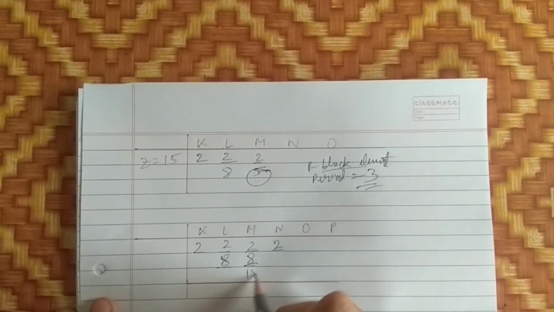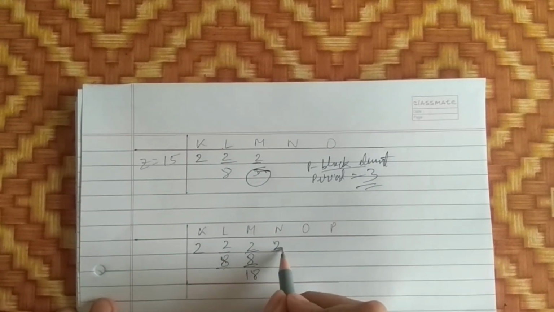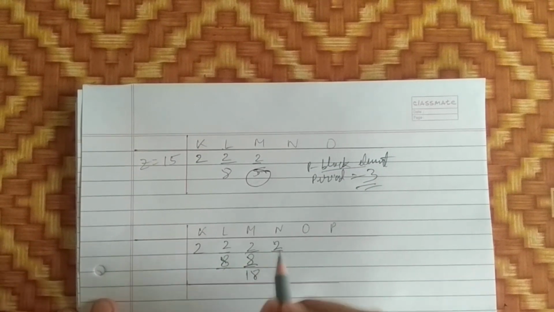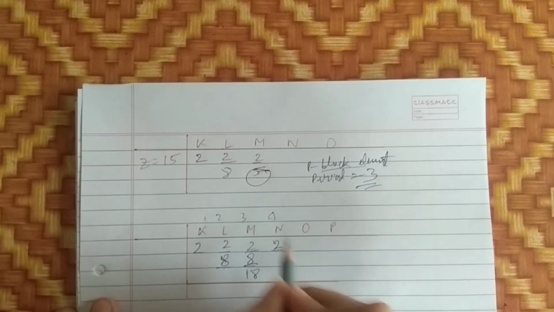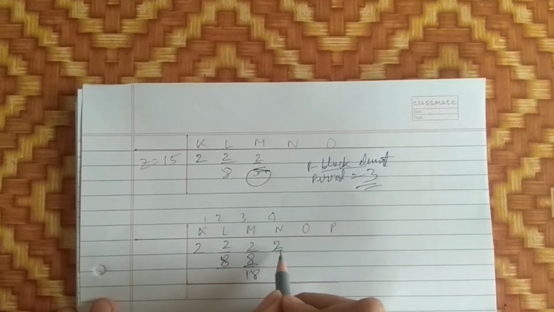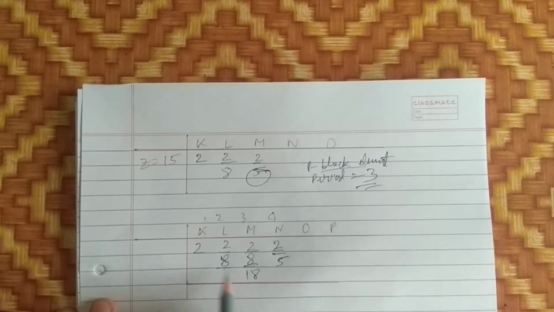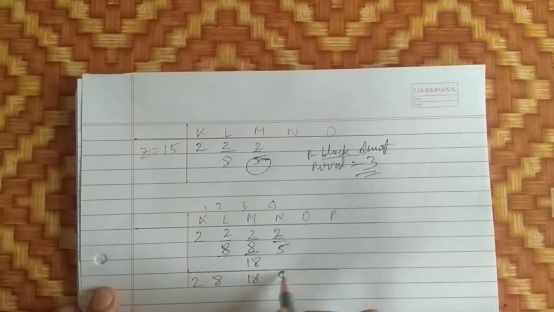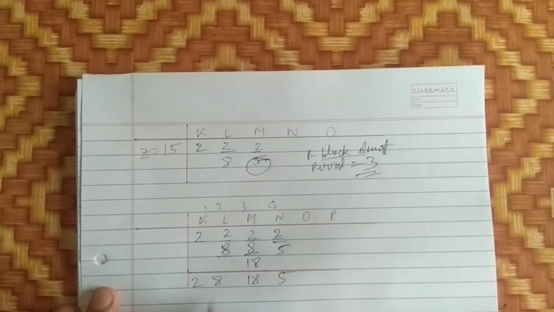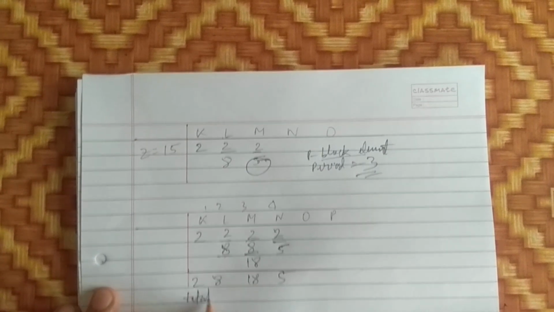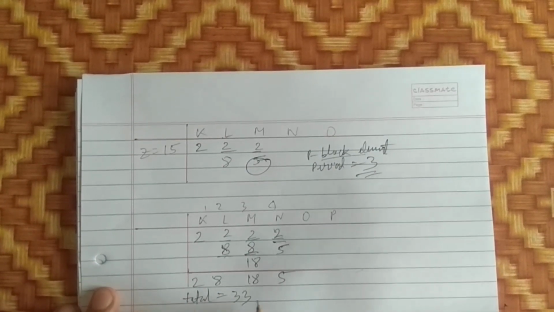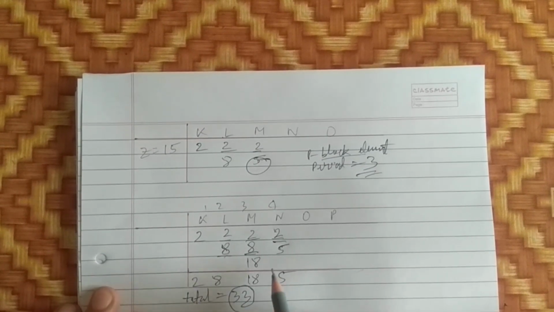We will go up to 18 here. We will count 18, 10, 28, 30. Okay, and it's the 1, 2, 3 and 4th period. We need to have 4th period same electronic configuration as the previous one, so we need 5 electrons here. Let's count 18, 10, 28, 5, 33. Okay, so electronic configuration final is 2, 8, 18 and 5, and total number of electrons will be 2, 8, 10, 28, 5, 33. Okay, so the element is having 33 atomic number, which is just below the atomic number